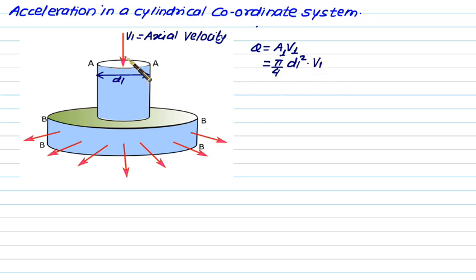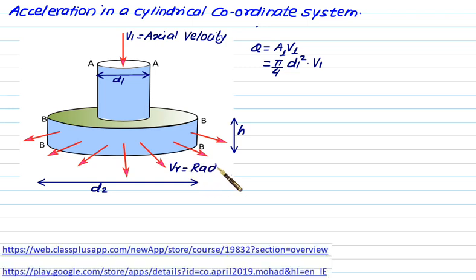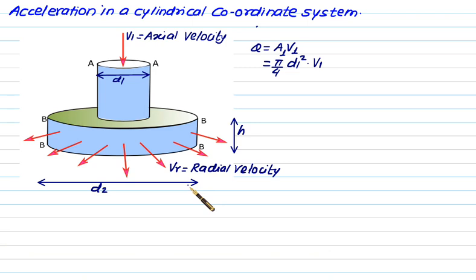The same discharge will pass through the circular section, and then the outlet passage consists of the passage between two circular discs. So in between the two circular discs the fluid will exit. The diameter of this circular disc is d2, and these two discs are separated by a distance equal to h. In that case the flow will be radially outward, and this is called the radial velocity Vr. The value of the radial velocity strongly depends upon the radius of the disc that we are using here. So at every section, as the radius changes, the radial velocity will change.